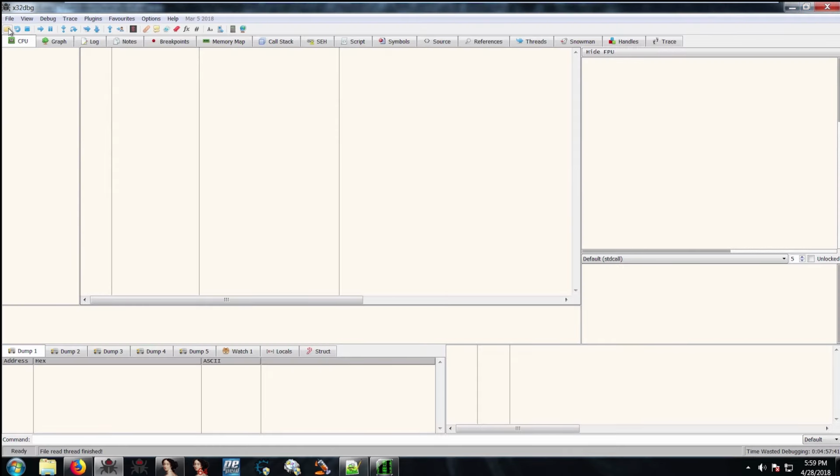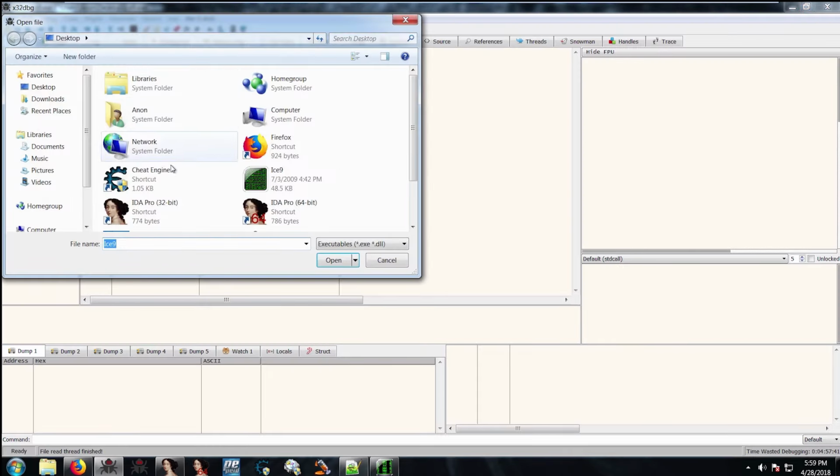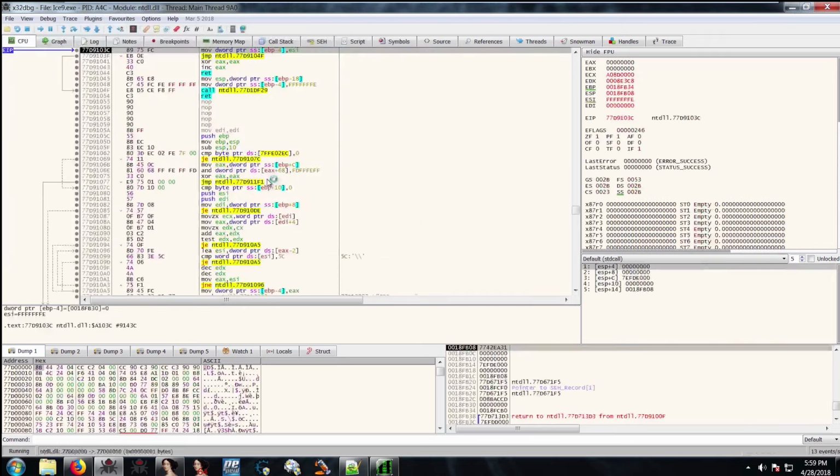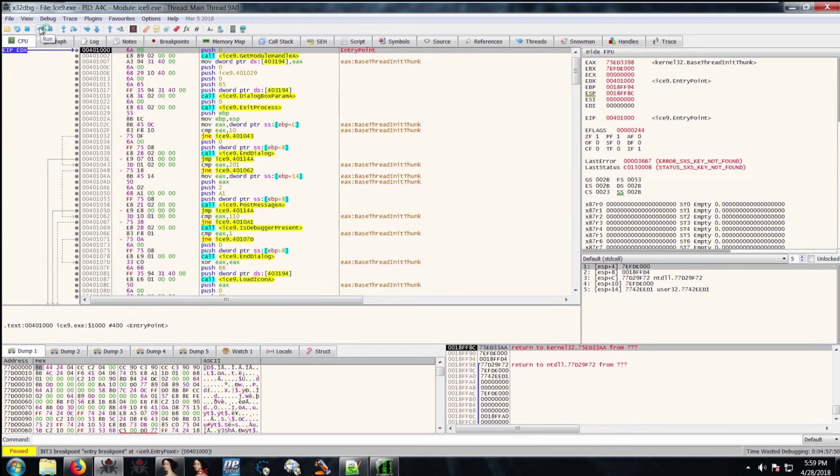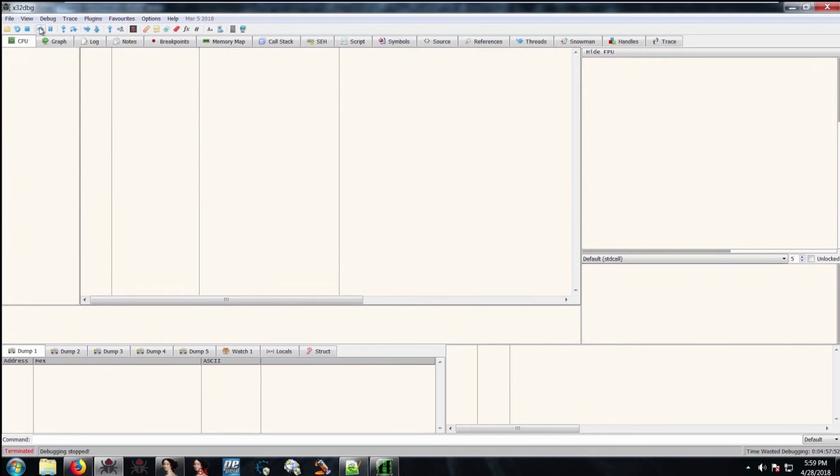Okay, so I have X32 open. Let's go ahead and open ICE9. Click run. It's going to breakpoint at the entry point. If we click it again, it just exits. And so